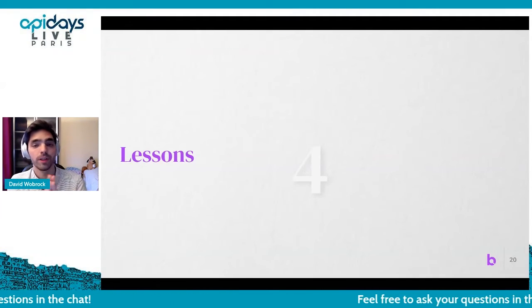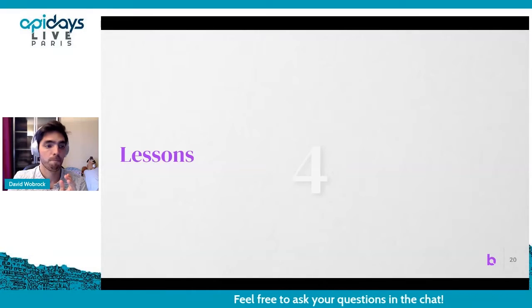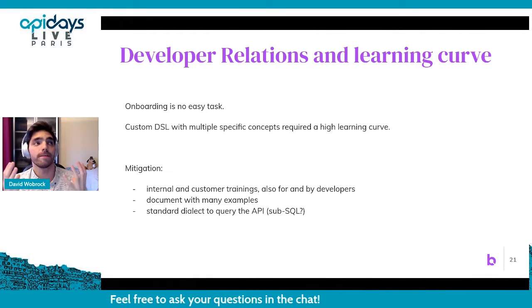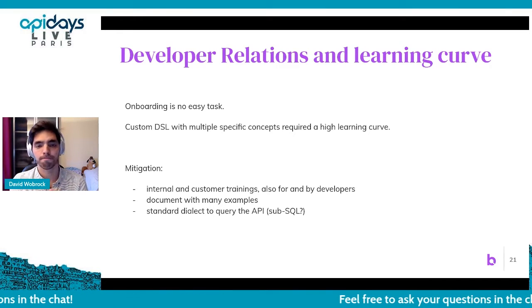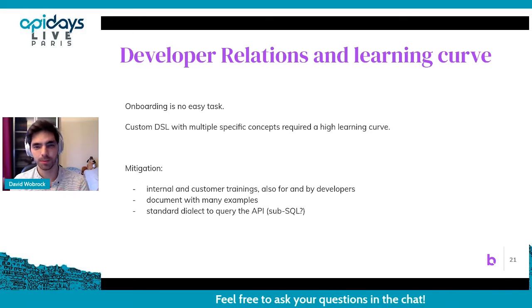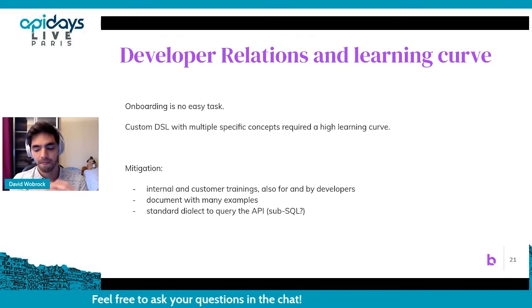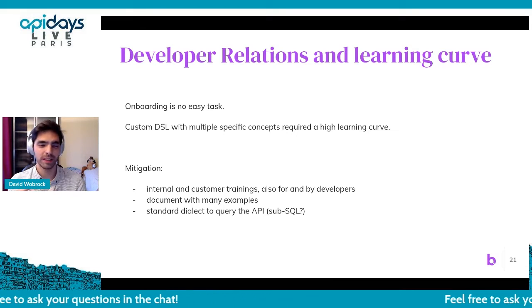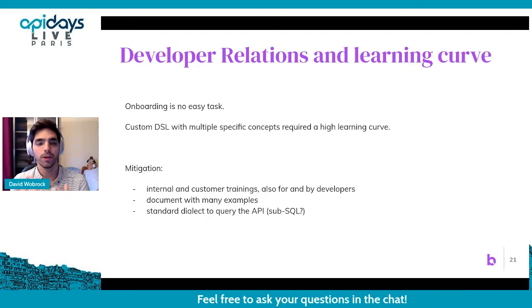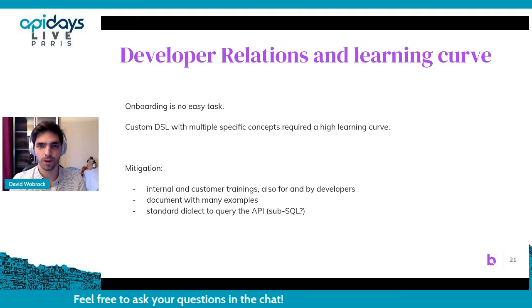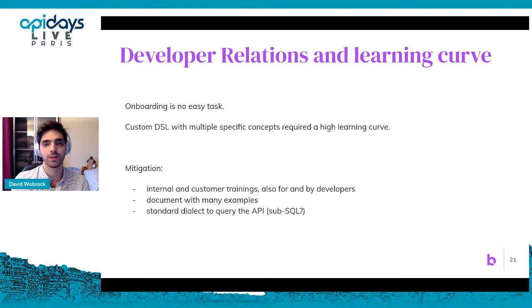So how about the lessons we learned when doing all of that? So first, obviously, since we're defining our own custom JSON DSL, so the domain-specific language of how it's working, onboarding gets pretty difficult, right? We're basically imposing to all API users to know this language and know how it works, what can you do, what cannot be done, since you also have to have some safeguards. So there are a lot of concepts that one has to understand, and so the learning curve is pretty high.